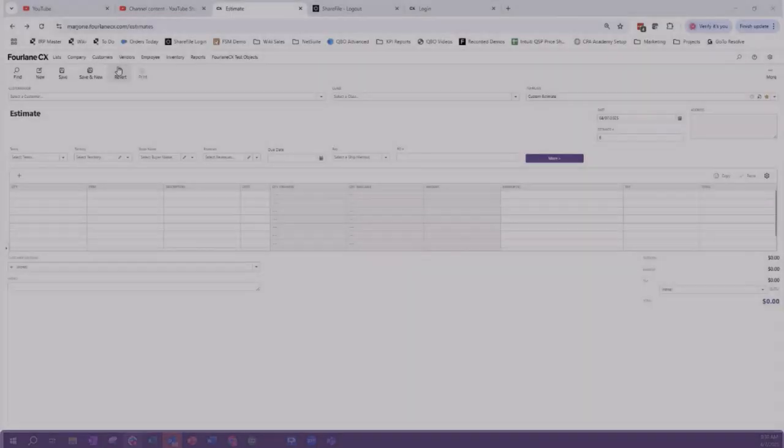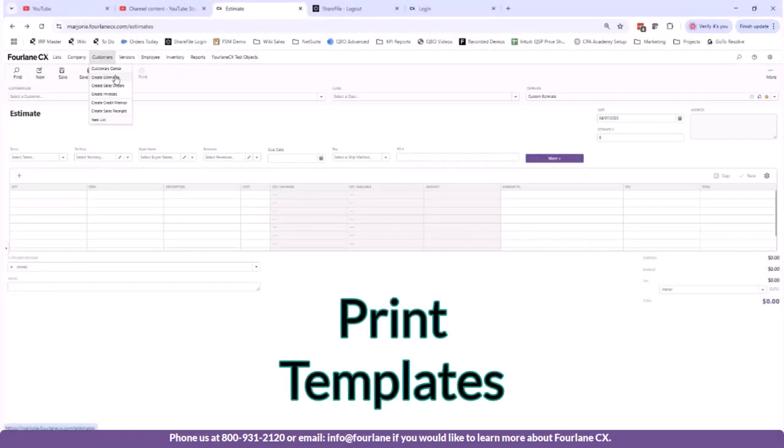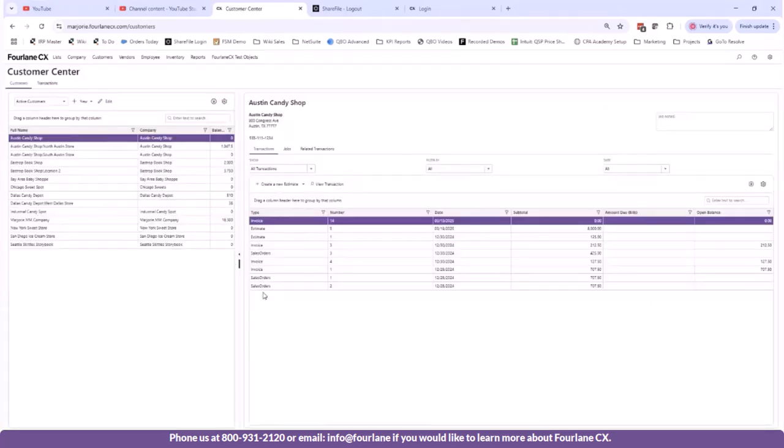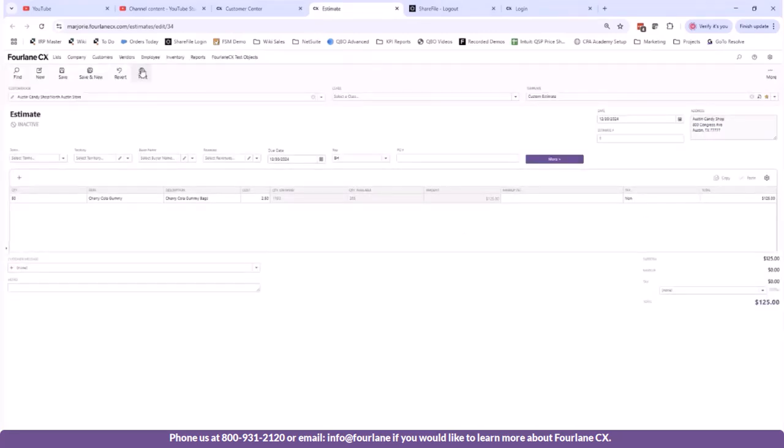Let's talk about print templates now. So, print templates: when I go in, you have to have a transaction open, right? So if I go to my customer center, I'm going to open up an estimate. When we're trying to modify what the print template looks like, the print to PDF, or if they're printing,